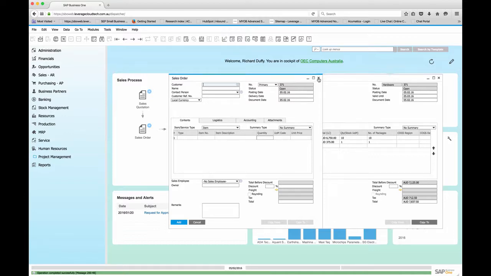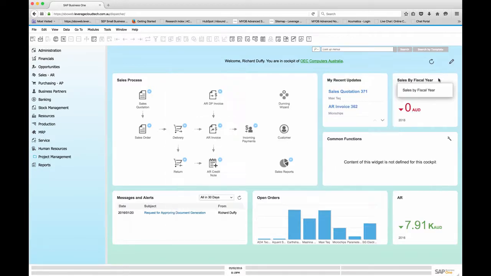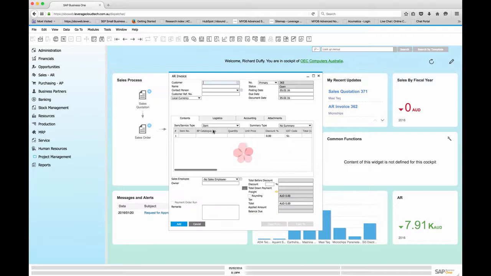So what's the next step in our process? Let's close out of here and let's close out of our sales quotation. The next step might be to create a delivery. Well, in this case, the customer comes in to pick up the product. So I'm just going to go straight to an accounts receivable invoice. So I can choose accounts receivable invoice. I pick my customer,